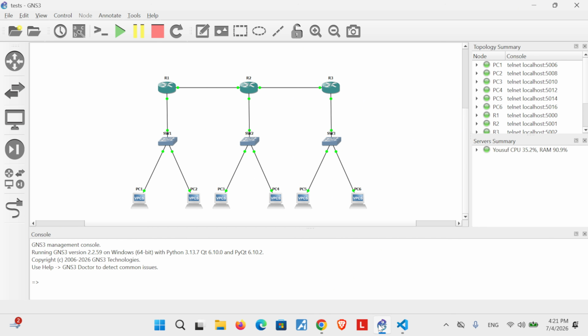Python and the requests library. No clicking, no drag and drop, no manual setup, pure code. And at the end, I'm gonna show you something crazy. I'm gonna ask Claude AI to modify this topology live. So let's go. Look at that: R1, R2, R3, three switches, six PCs, all linked up, built in seconds with